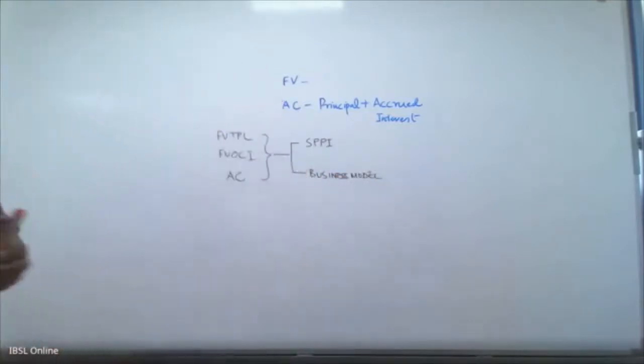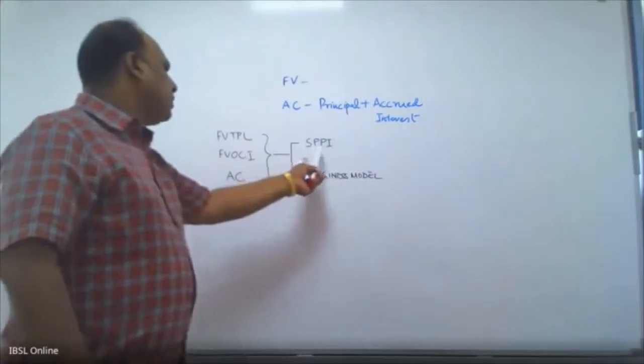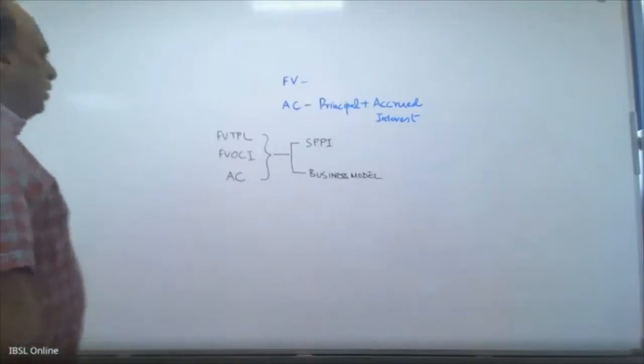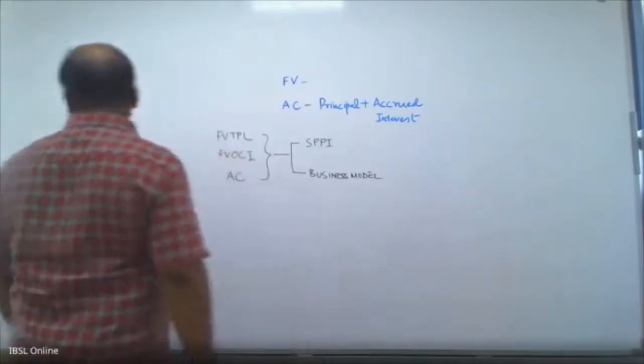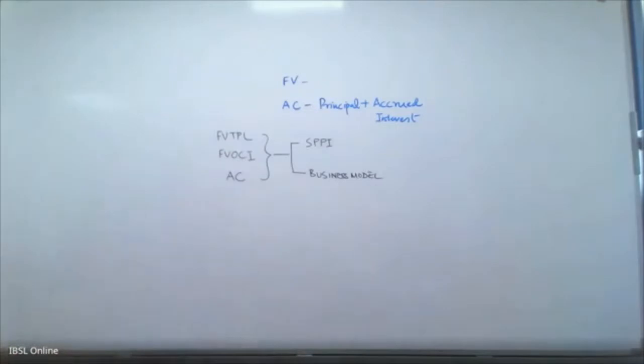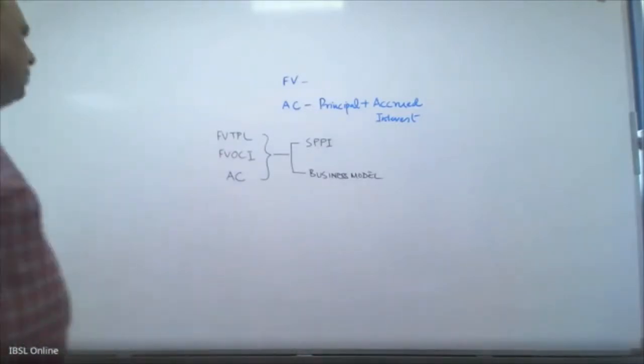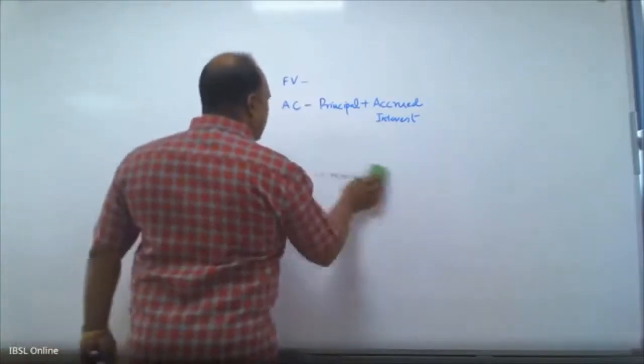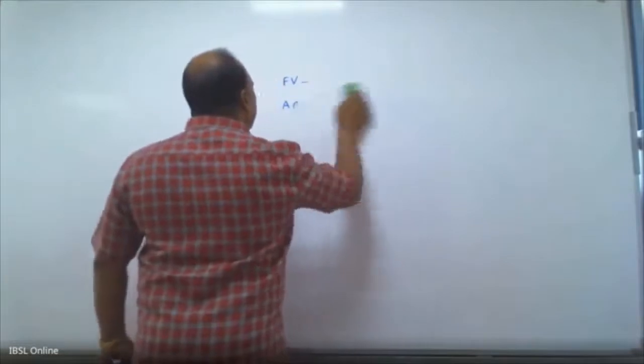Okay, and then I went on to explain how you look at SPPI, where it is solely payment of principal and interest, and then the business model, whether you want to hold to collect or hold to collect and sell, right? So these are the basics, or maybe say the fundamentals of SLFRS 9, which you need to know.